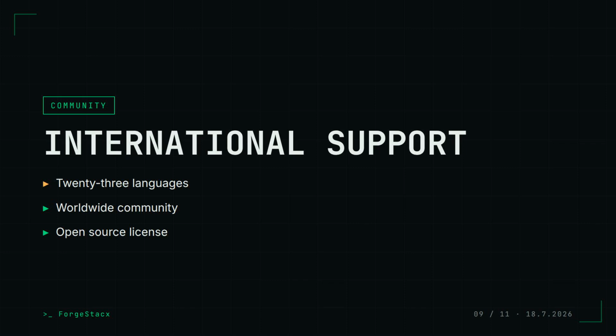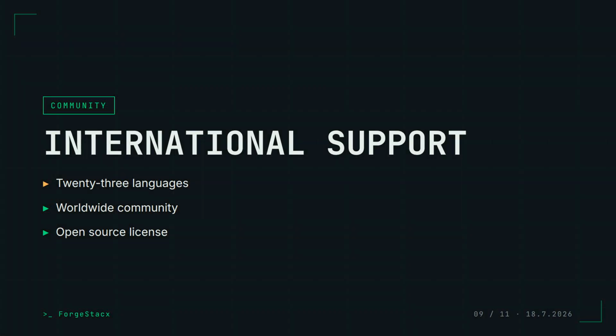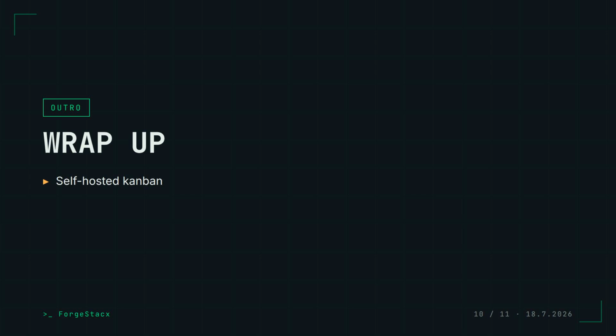With 412 stars on GitHub and a growing feature set, this is a project worth keeping an eye on as it continues to evolve. If you have been looking for a self-hosted Trello alternative that actually runs on your own hardware without sacrificing features, Scrumboy is worth a look. It is lightweight enough for a NAS, powerful enough for enterprise use, and built by developers who actually use it daily. You can find it at